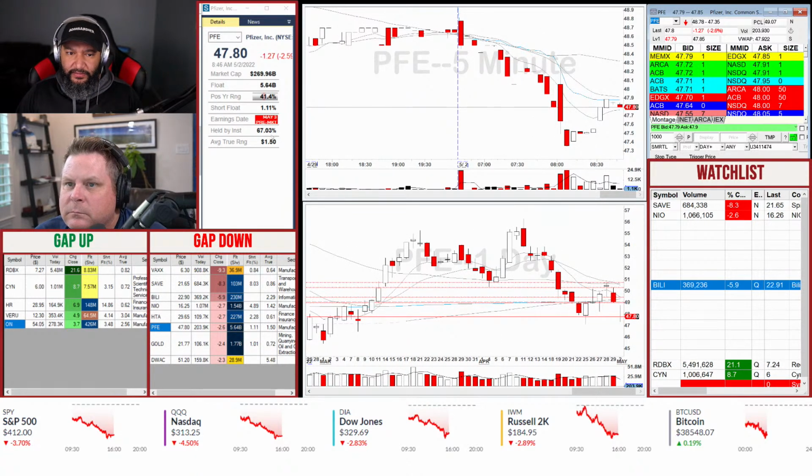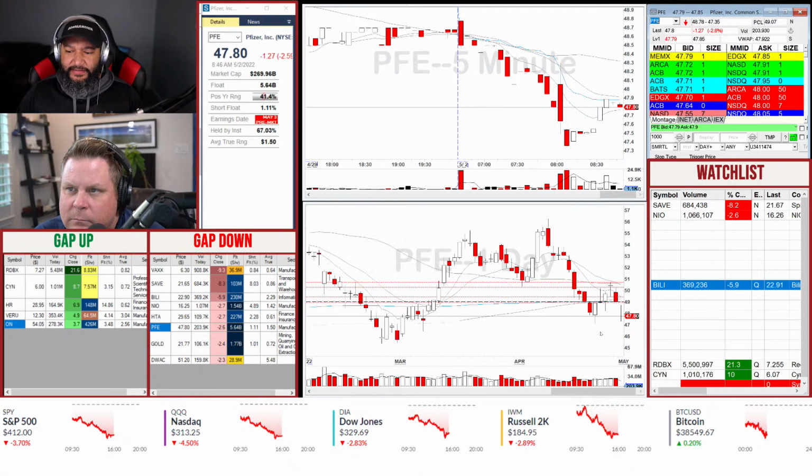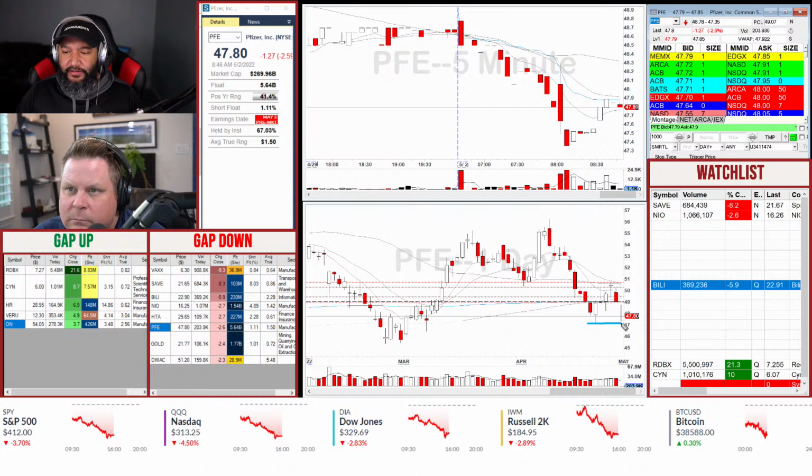They do have earnings coming out tomorrow, so maybe on the 4th this will be fun to trade. But you know what? Looking at the daily though, they got an interesting gap down here. So I don't know what came out today, just a couple of days before earnings, that's causing this. That could be interesting on there.